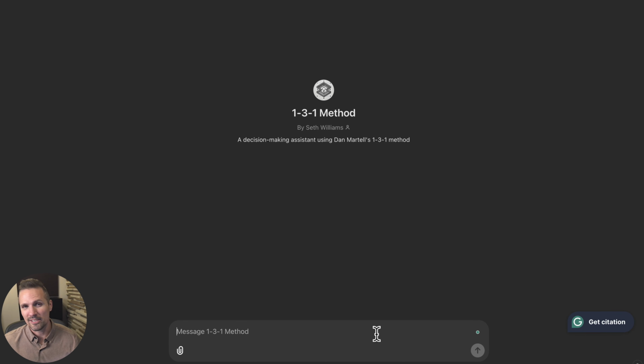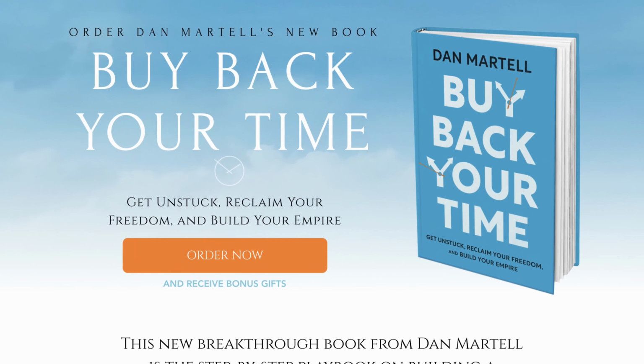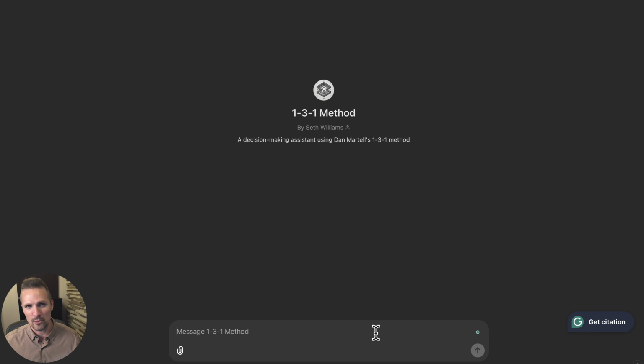Seth here. So I wanted to just quickly show you this custom GPT I put together. Super simple, there was nothing to it. But the idea behind this is to follow Dan Martell's 131 method that he describes in the book, Buy Back Your Time. The idea behind the 131 method, if you're not familiar with it, a lot of us, when we